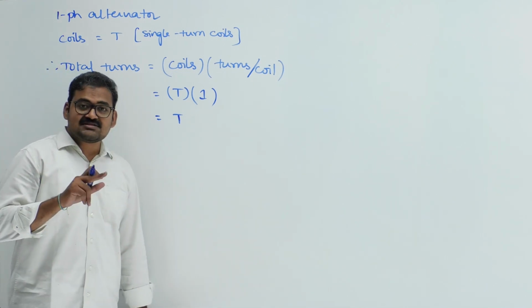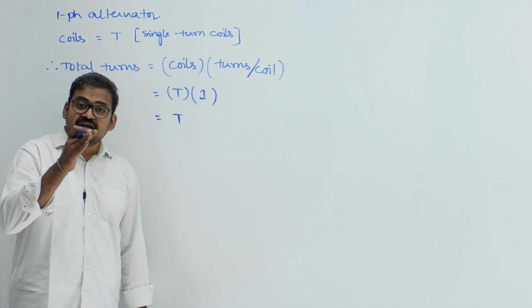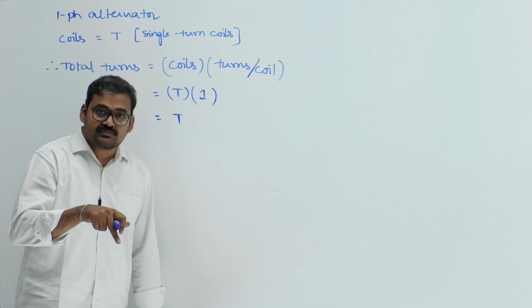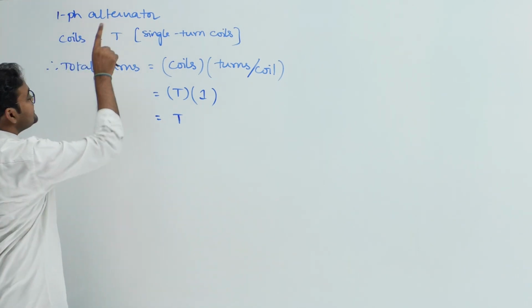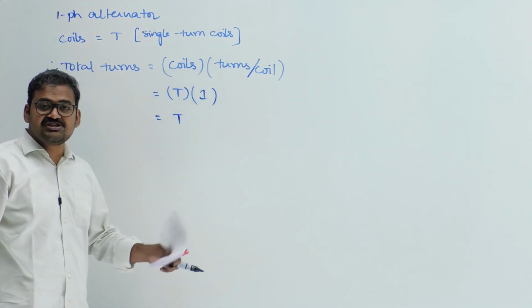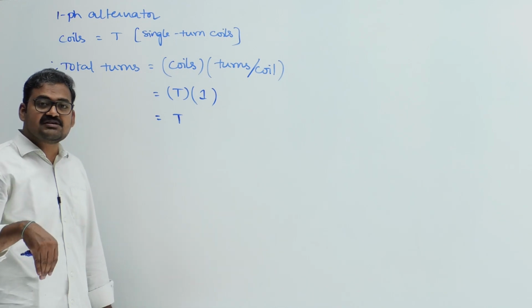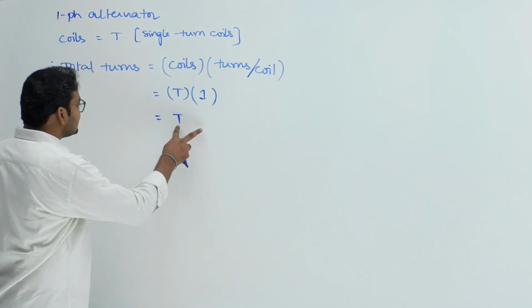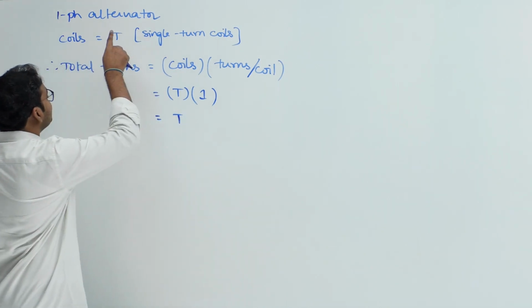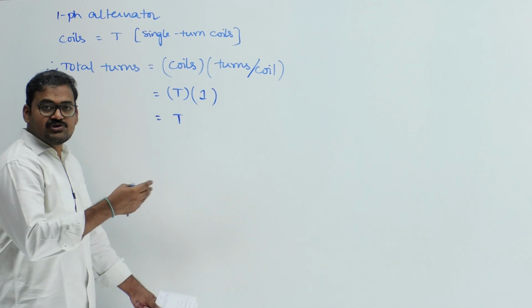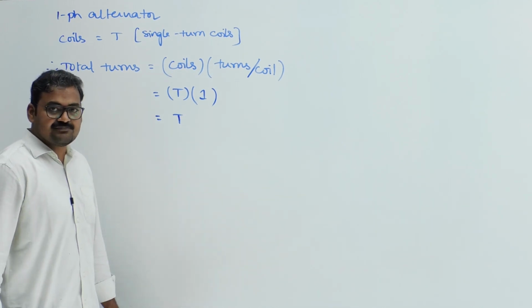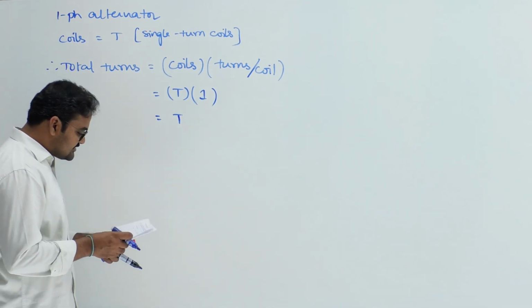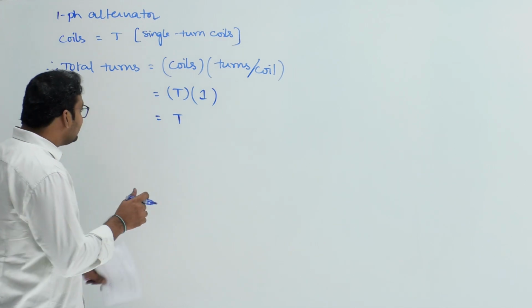If total turns are equal to T, then how many turns will be there per phase? T only. Why? Because the machine is a single phase. Suppose the machine is 3 phase, how many turns will exist for each phase? T by 3, like that. Now, another information given here is that the induced EMF in each turn,